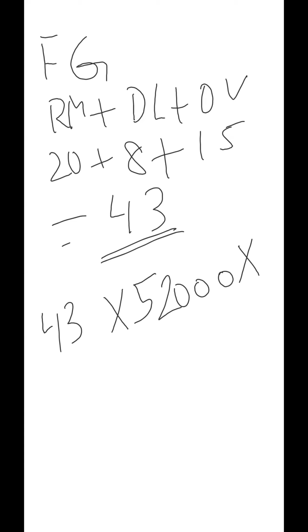And what's given in the question? Finished goods in stock on an average 1 month, that is 1 by 12. Is it clear now? Yes, ma'am. Fine. Now we'll move to the debtors.